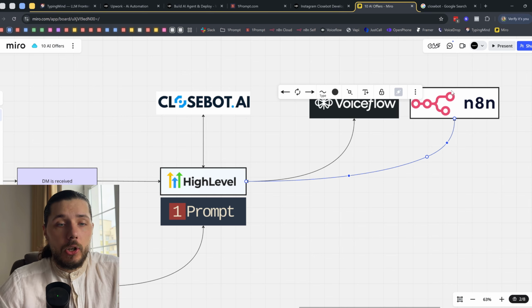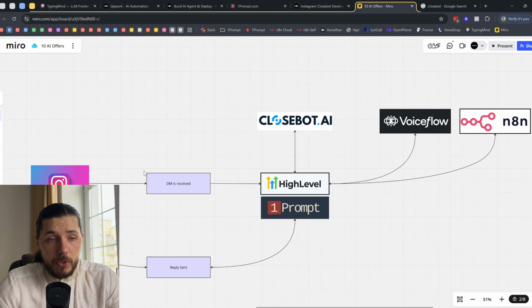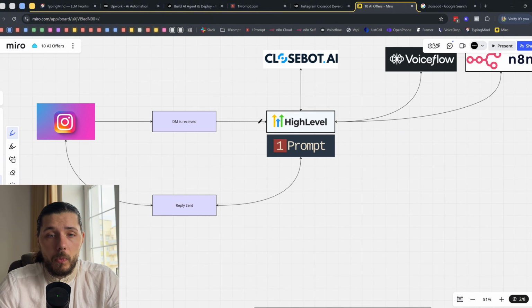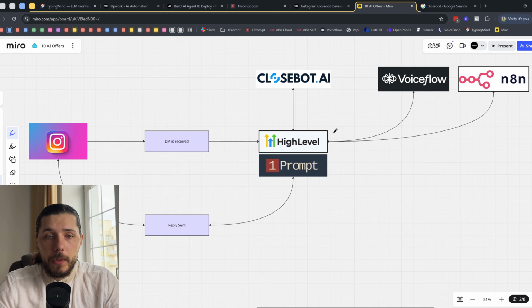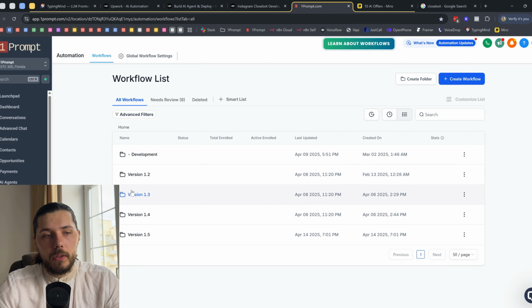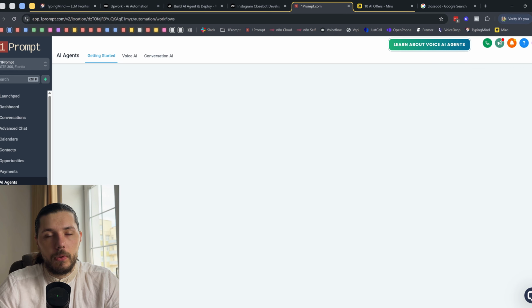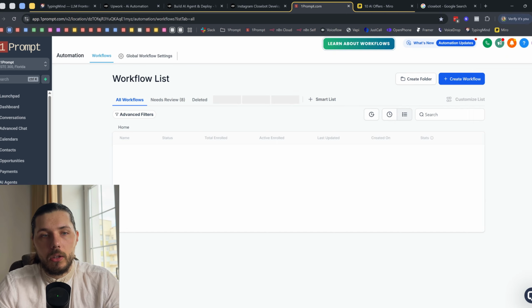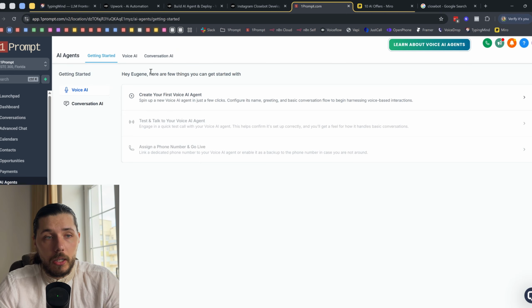Anyways, here is how it's going to be used and set up. When we are receiving the message within HighLevel, you do not need to build an automation here. You would install the CloudBot and you're ready to go. You can also technically use their conversational AI.